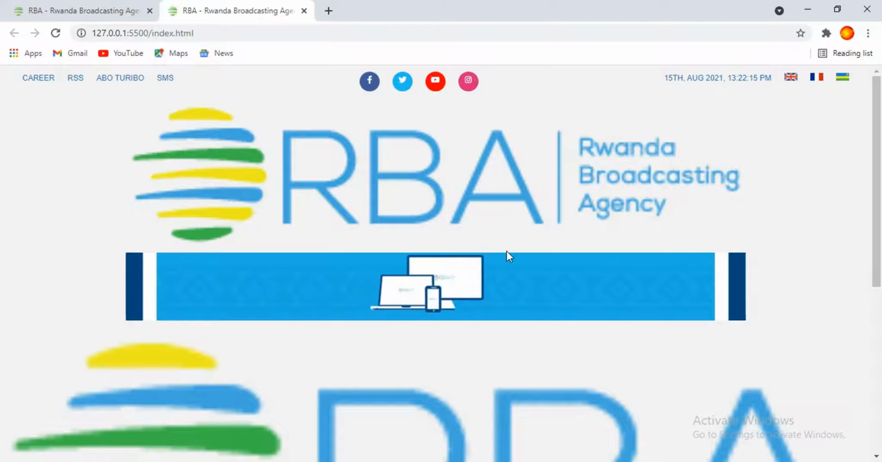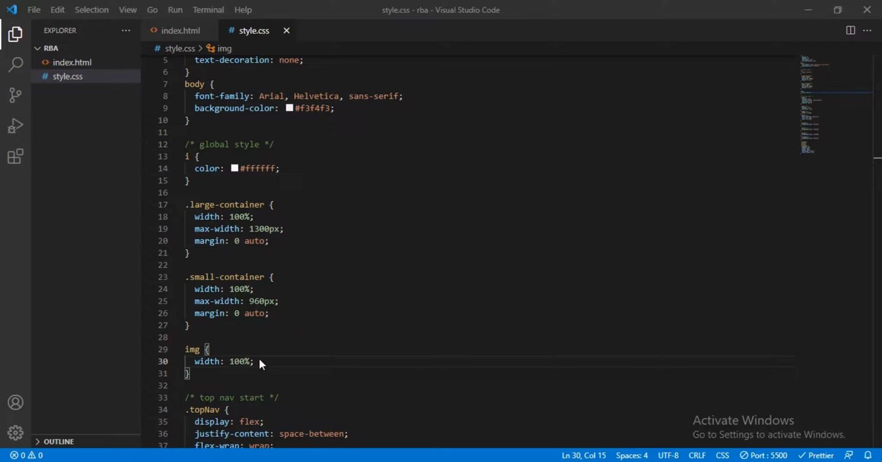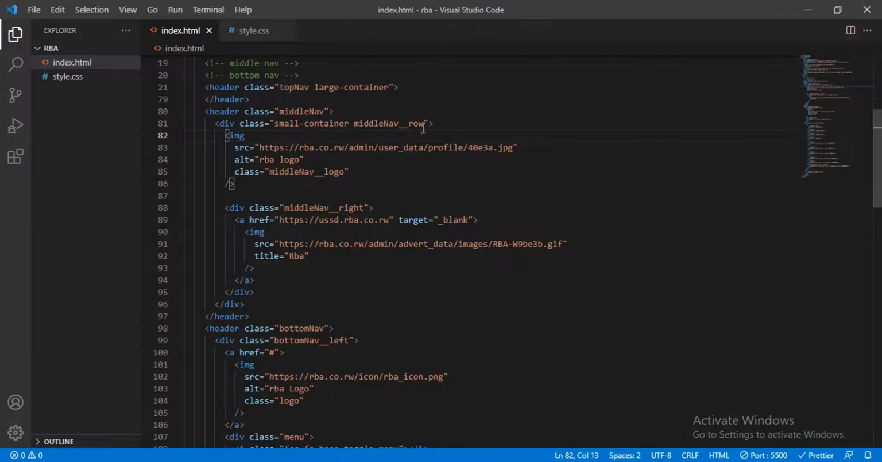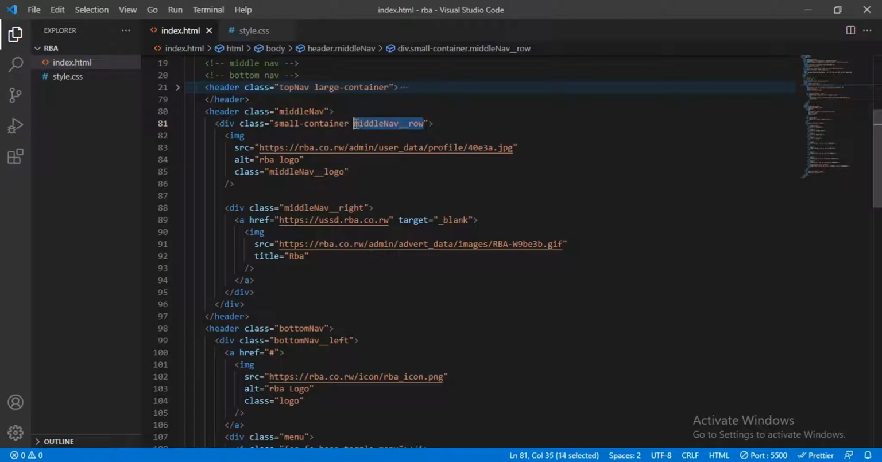Okay, so we're gonna apply object-fit: cover on the image. Okay, so I'm illustrating this now, and later when we get to images I'll come back to this line. But for now, make sure that if you have an image on your website, you include this line. Okay, the next thing we're displaying here on the middle nav, we want it to display